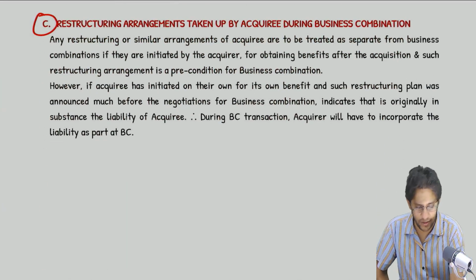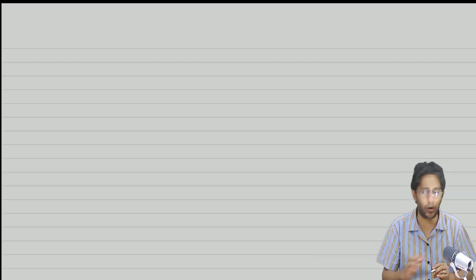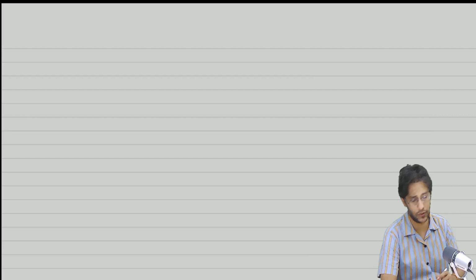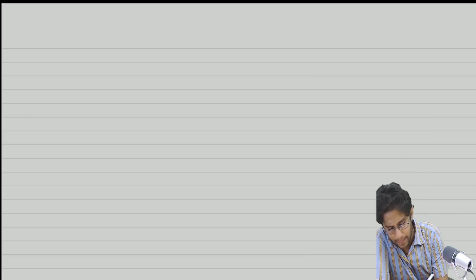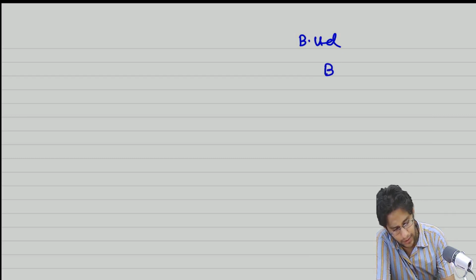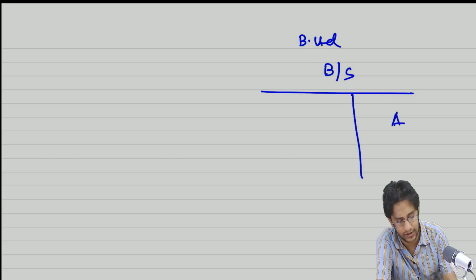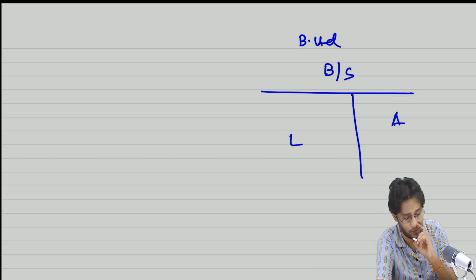There is an interesting restructuring agreement. This is also a special case. On this directly we do not have an examination question till date, but in IFRS there is an application on this. So watch out for this one. So there is B Limited. In B Limited's balance sheet, so many assets are there, so many liabilities are there. Among so many liabilities,